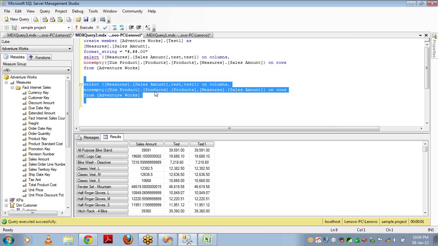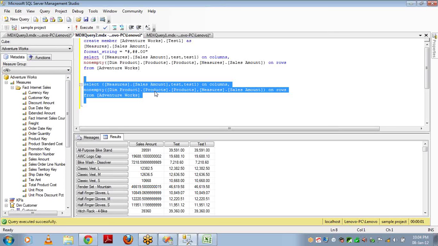Why do I need this? Why do I need to create a calculated measure? Let's say I have 10 MDX queries that I have to execute one by one, and all the 10 MDX queries are using the same calculated measure. So why do I have to create it 10 times? I can use create once and I can run all the queries in the same window and get the results and do whatever. Export, or I can copy into Excel to analyze the business. That's the advantage of defining a member using the create keyword.